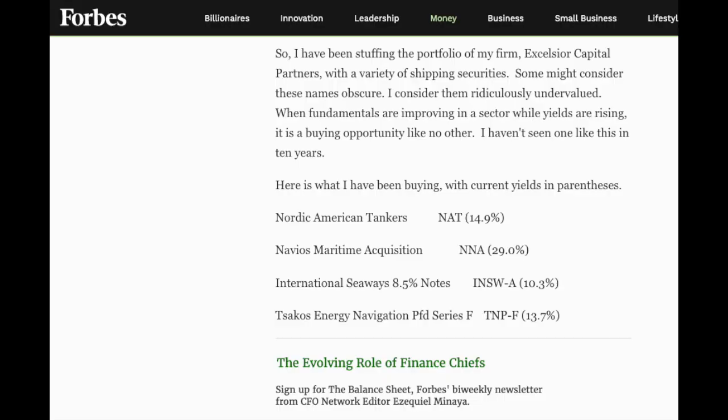The author of the article, which he wrote back in the beginning of April when the Nordic American tanker stock started becoming very popular, said that he has invested in some oil tanker companies on behalf of his firm. He said, and I'm quoting, "I consider these stocks ridiculously undervalued. When fundamentals are improving in a sector while yields are rising, it is a buying opportunity like no other." He also added that he hasn't seen one like this in 10 years. As we can see from this picture, Nordic American tanker with a current yield of 14.9% was part of